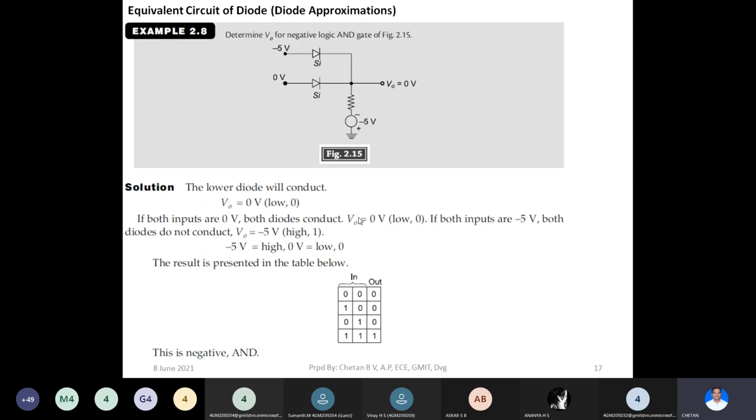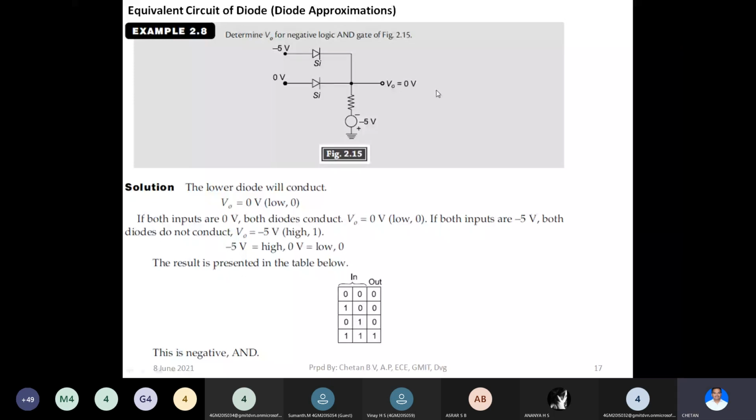Next we have one more typical circuit. This is the negative logic AND gate. AND gate, we already know, is a digital circuit where the output would be 1 when both inputs of this AND gate are logic 1. If any one of the inputs is at 0, the output would be 0. That is indicated by this truth table, right?